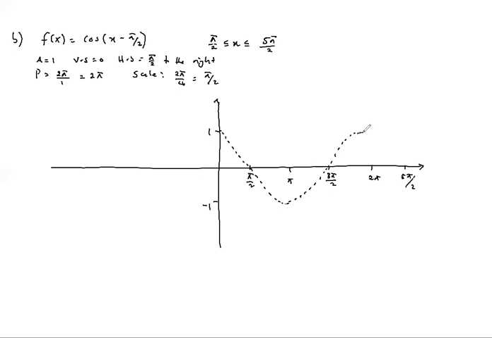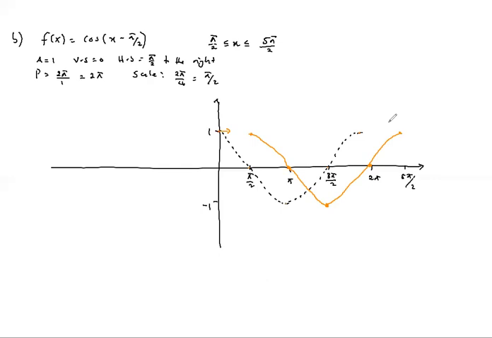And then it needs to be shifted to the right by pi over 2 steps. So that point will move to here. This point will move to this point. This one will move to here. This one will move to there. And that point there will move to here. And so this is going to be the graph for our cos. So when it is positive, it will just shift and you don't do anything much.